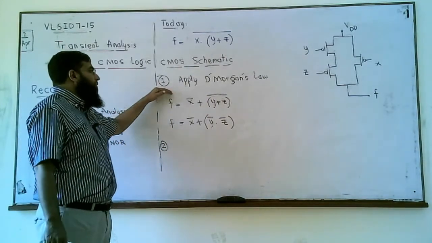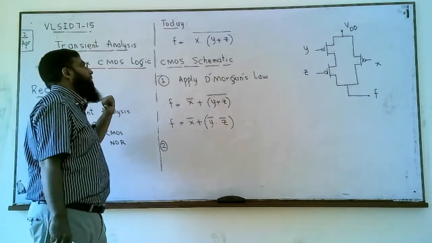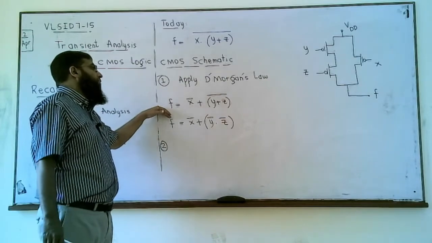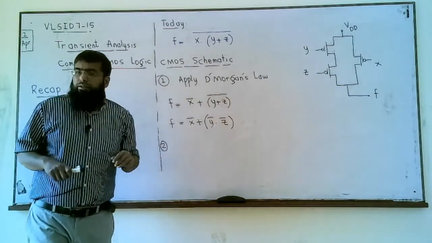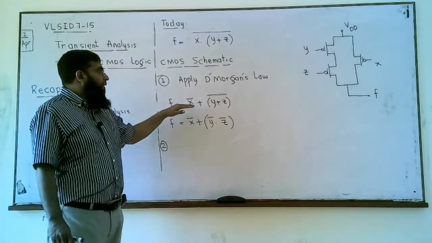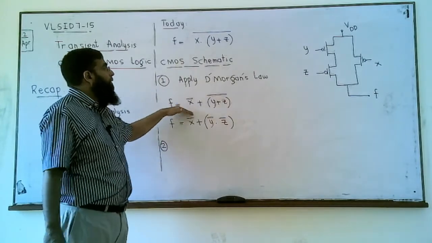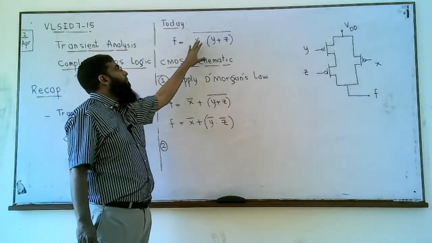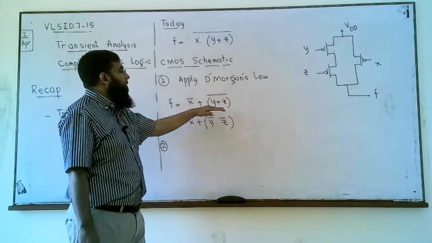We studied that the first step is we apply De Morgan's law, and we apply De Morgan's law repeatedly until the inversion is distributed on each and every variable. Like we have this expression, we apply De Morgan's law. In the first step, the inversion is distributed on X, and on this OR expression,